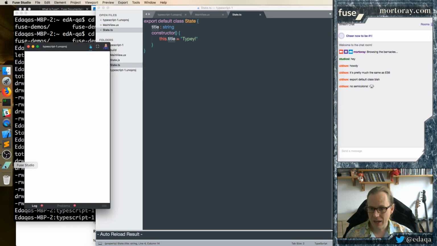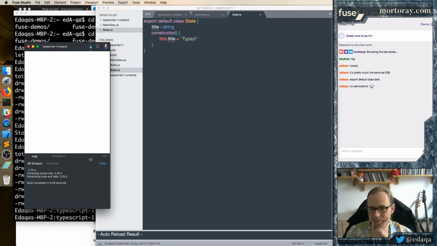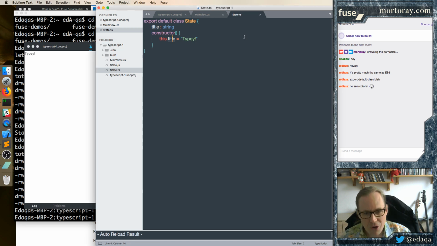And that means now we should be able to reload this thing. Let's do a rebuild on this and see what happens. And we'll see if this works. Give it a chance to finish booting, or whatever it's doing. There we go. We have typey. Alright, and that's the TypeScript tool. I'm finished with